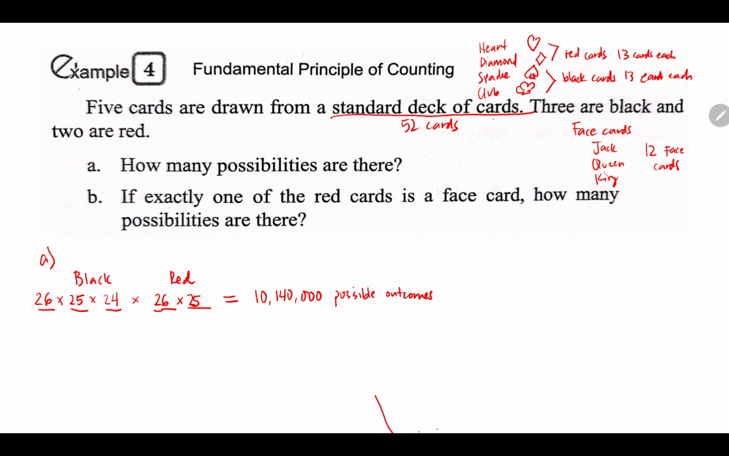So as you can see, there are many possibilities choosing 3 black cards and 2 red cards. Okay? How about for letter B? If exactly one of the red cards is a face card, so how many possibilities are there? So, using the same logic, we have the black and the red card. For the black, we have 3. For the red, we have 2. But there is a condition that exactly one of the red cards